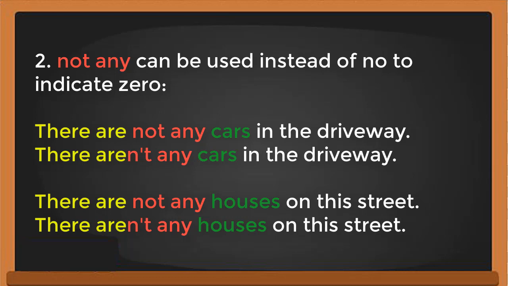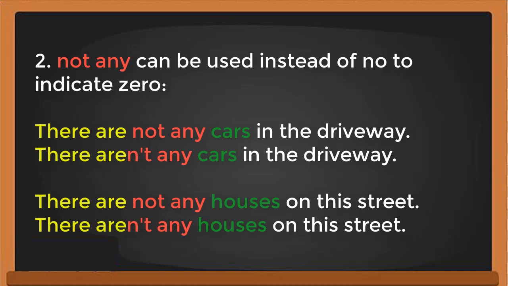So you can make it like this: there aren't any cars in the driveway. It's better, right? There are not any houses on the street, or there aren't any houses on the street. Okay, so if you are asked "how many" and there is no noun, you can answer by using "no"